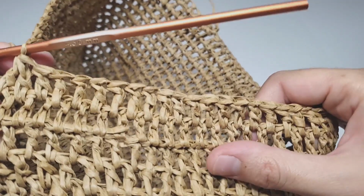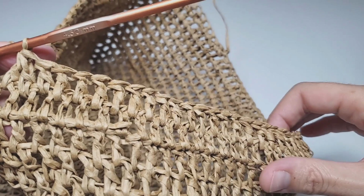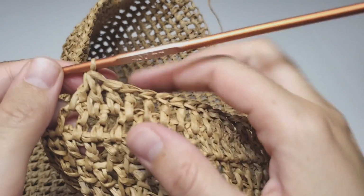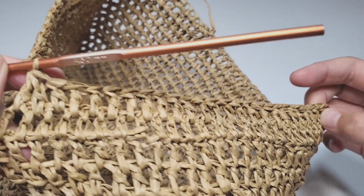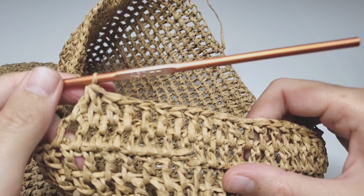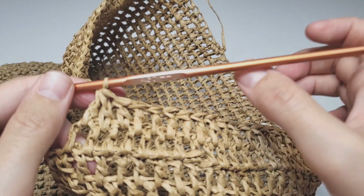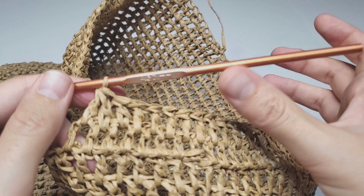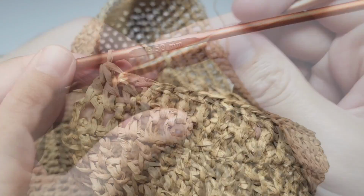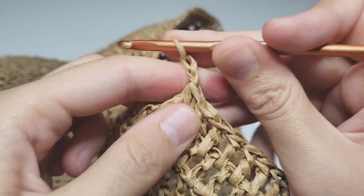So the same way you're working as many rows as you want. I will work the same way until I have 8 stitches in 1 row. You can work until you have 10 stitches, so this way your handle would be a little bit wider, or you can decrease more and your handle would be less wide. Okay, so you make 2 chain, turn your work,